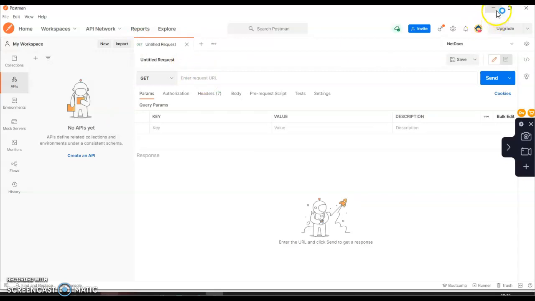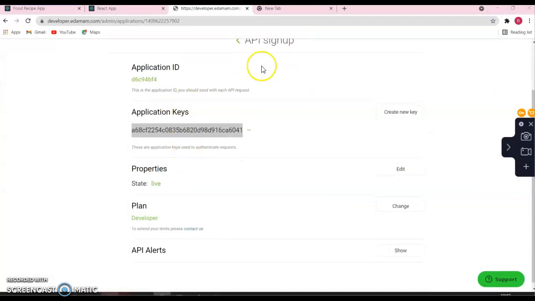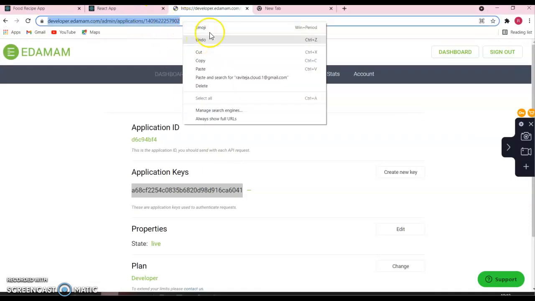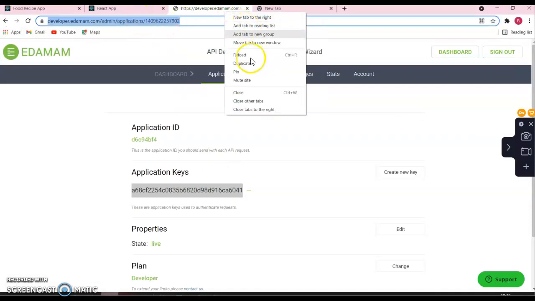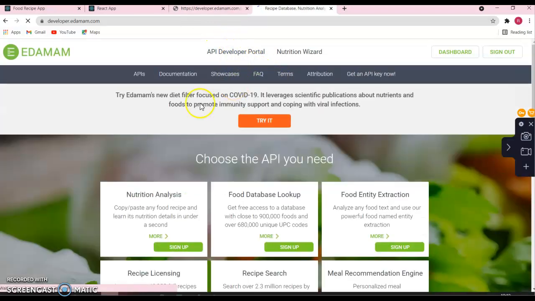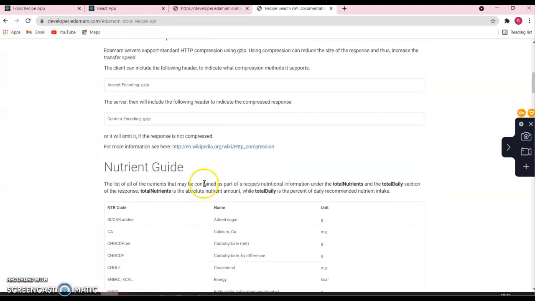I need the endpoint URL for this, and I can find the endpoint URL from here, let me duplicate this one so that I can find the endpoint URL for this API call. So I can go back here, and in the documentation I can see the endpoint from here.